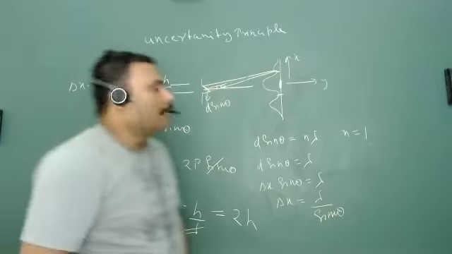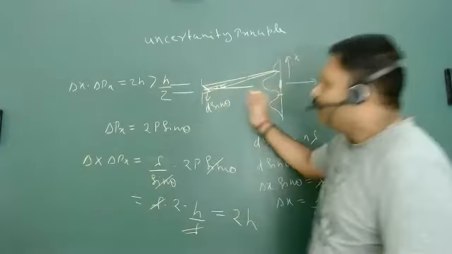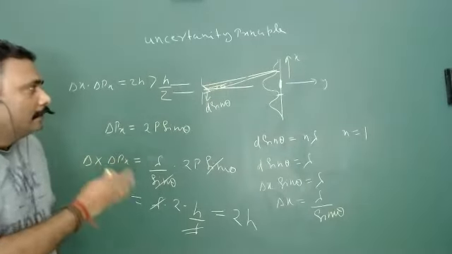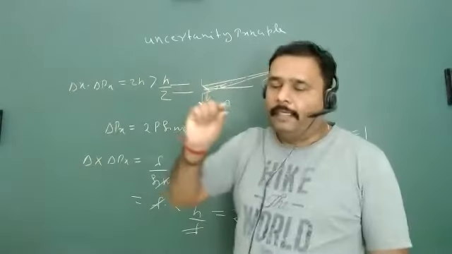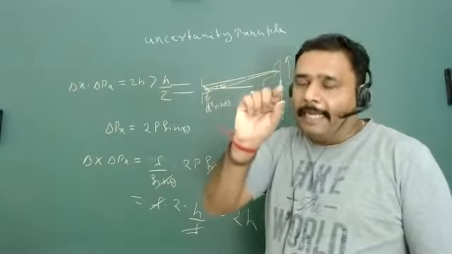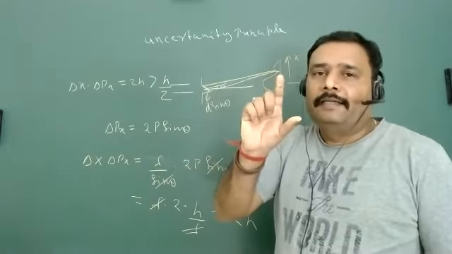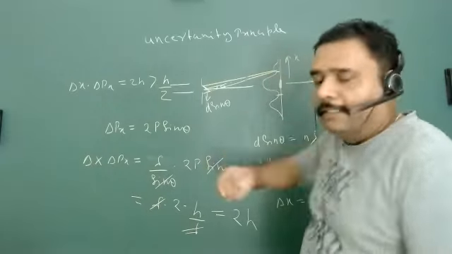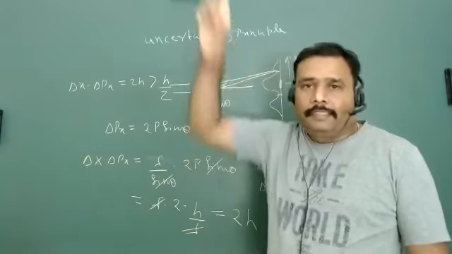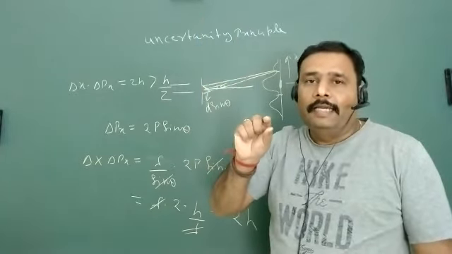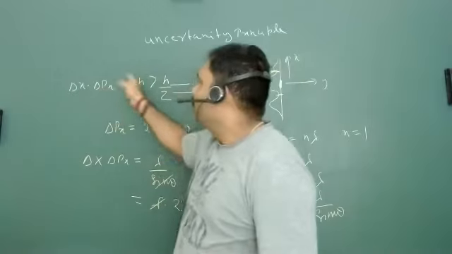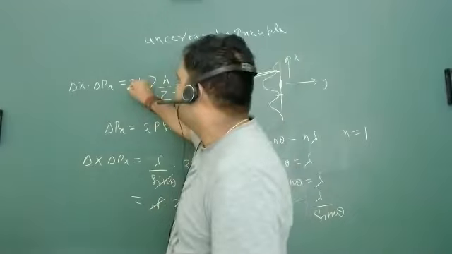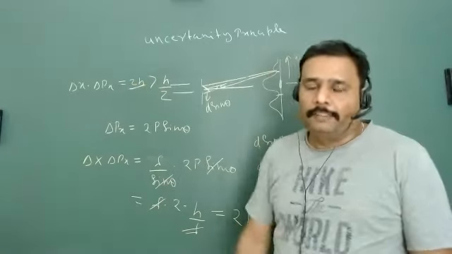So this is the wonderful experiment, and the same experiment can come in your examination. Don't worry. Now you can see, if we are changing x, what will happen if we increase x? If we increase x, then px will decrease. The spread in this direction is going to decrease, such that delta x into delta px will be more than h by 2. And in this particular experiment we are getting 2h.